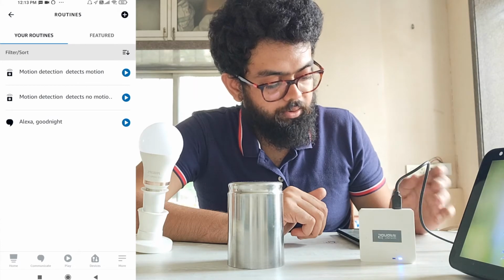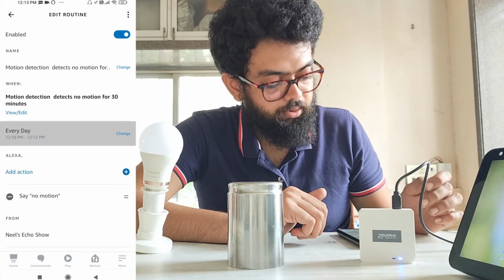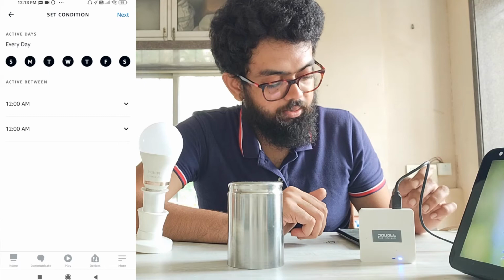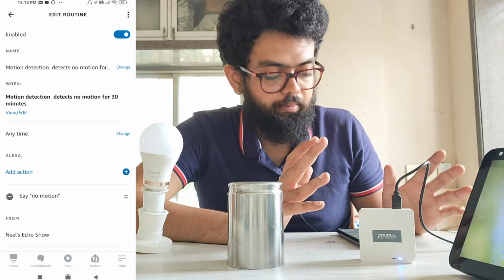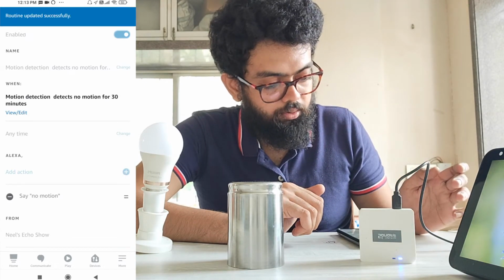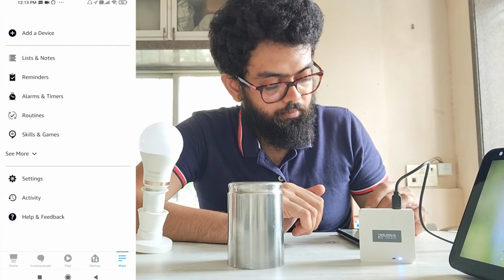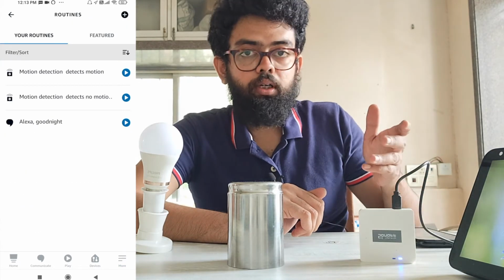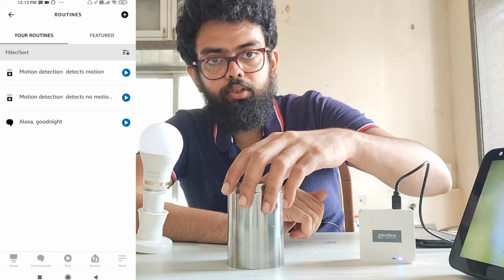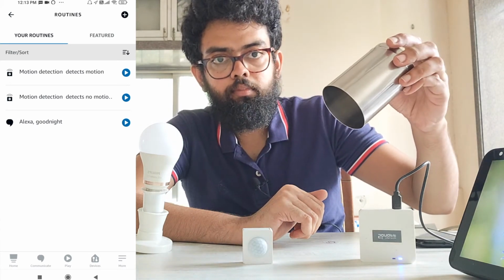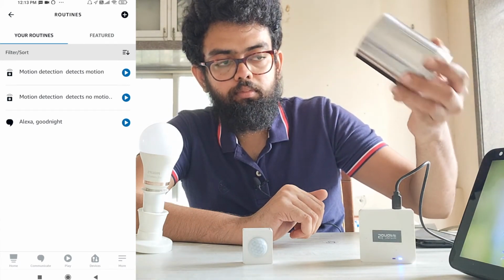Now we'll edit the no motion detected automation. We'll change the timings. I'll reset it, so now it's set to anytime. I'll go back. Okay, now let's check it. I'll open this lid. Motion is detected.